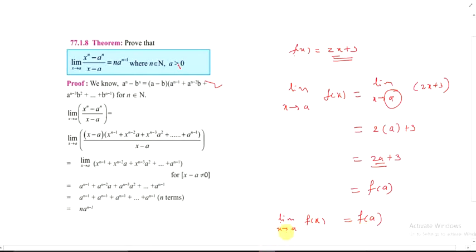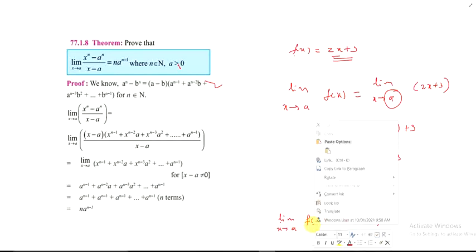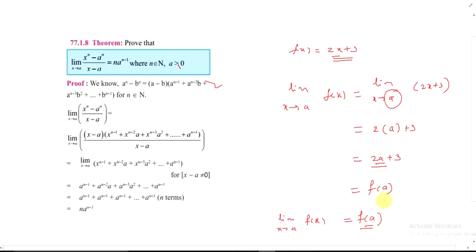That is, if rather than p of x I write f of x, a polynomial, then after taking the limit it becomes f of a in this way, and you can verify this one. Since there is no denominator, we are not talking about that here. If there is a denominator, then we have to consider that denominator also. We will see in the upcoming lectures what to do if the denominator is there and it becomes 0 after taking the limit.